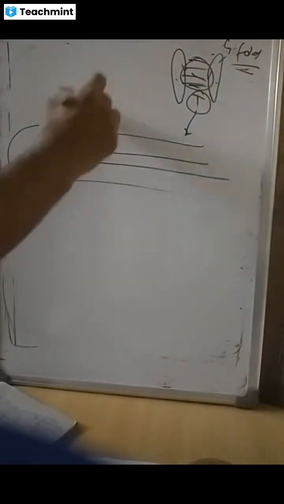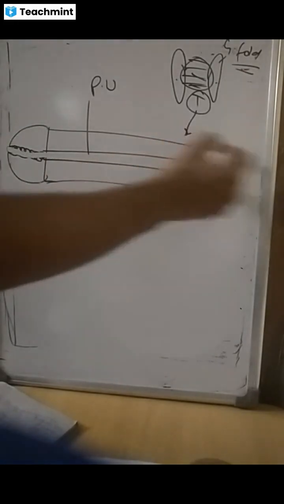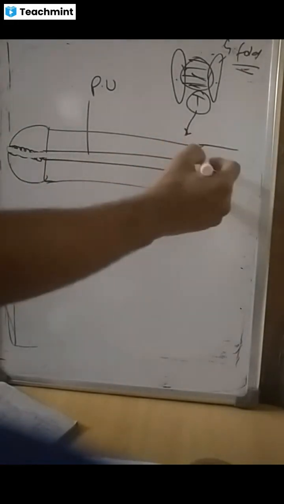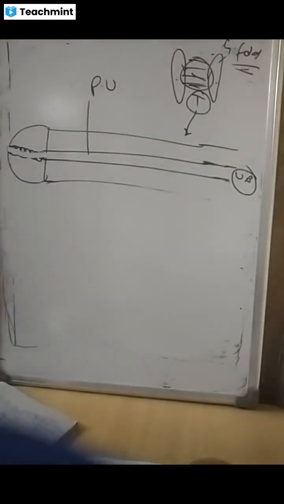From this fold, this penile urethra is formed. But from the ectodermal cells which proliferate, this. Behind it is connected with the urinary bladder. And here,